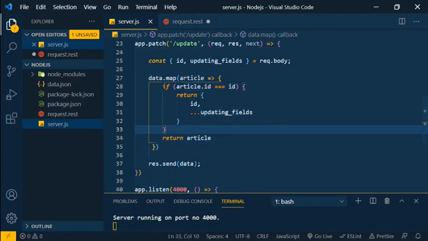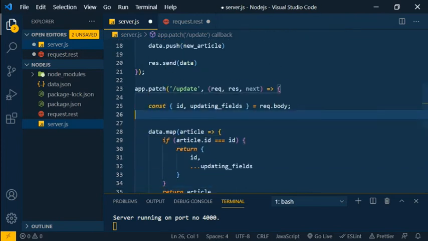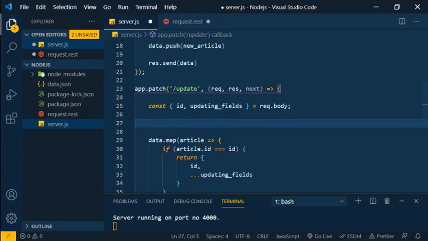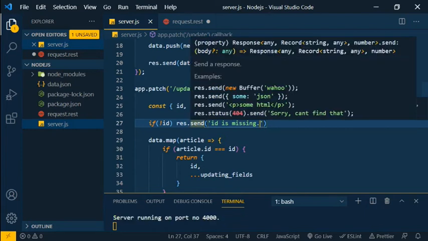So our article is automatically updated when you pass anything to the updating fields. Right? Before that, you can check some kind of validation. If you don't send anything, you can send some error message. So ID is really important. If ID is not present, res.send ID is missing. You can also combine the status code along with that message.